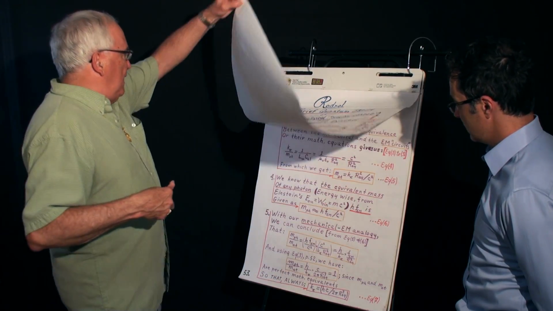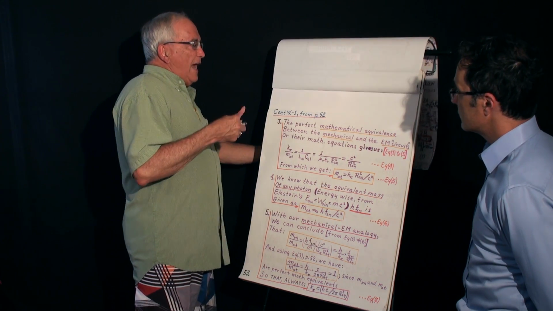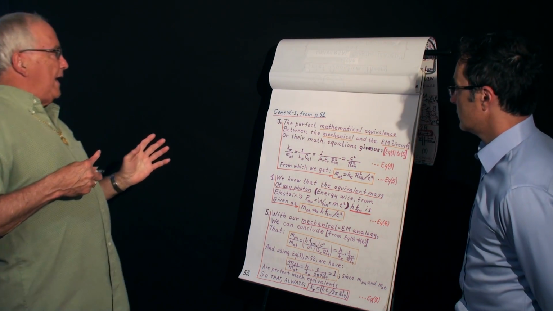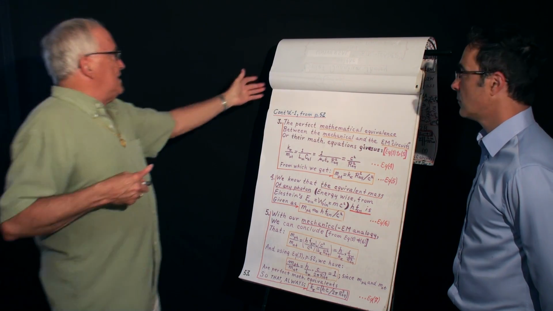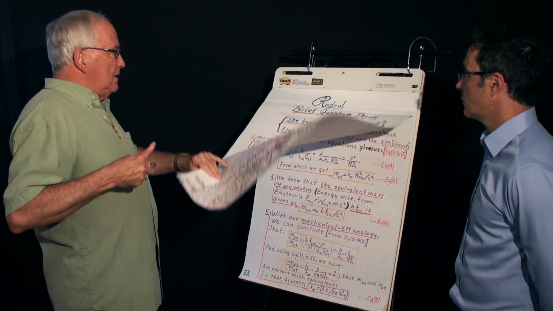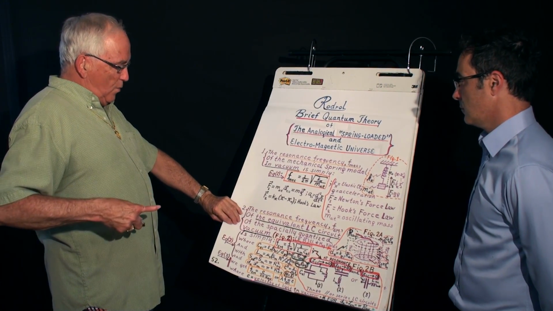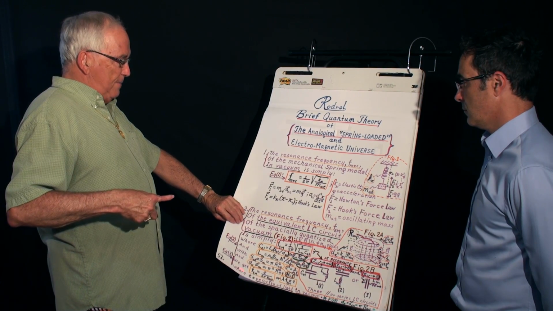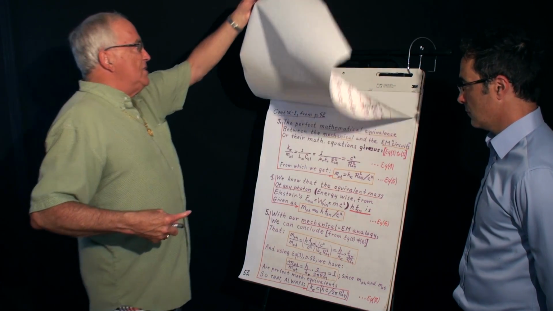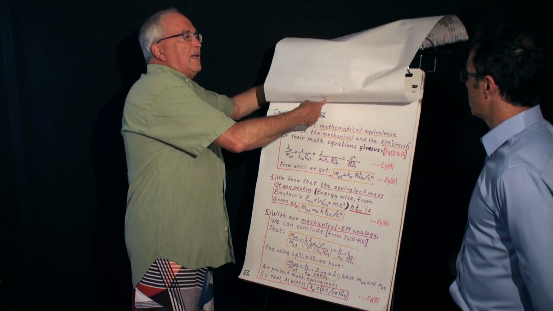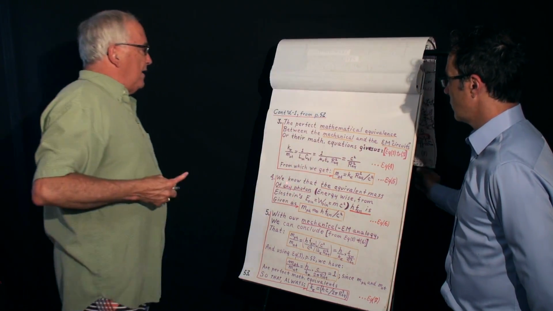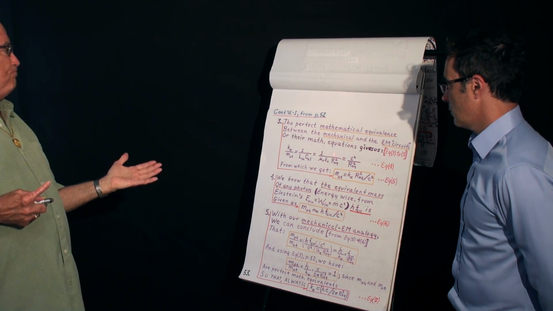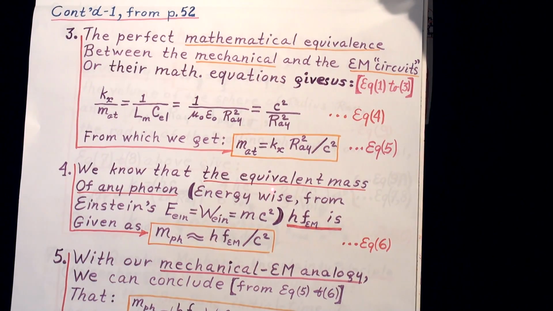Sure. So let us go. Now you have the basis to show that the equation of the resonant frequency mechanical, see, this one is the same equation as this. And the mathematical equations are the same. So the electromagnetic vacuum can be regarded as the elasticity of the vacuum, because it's the same equation.